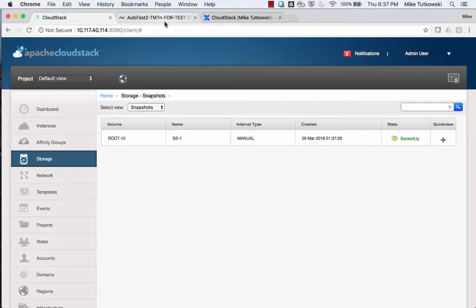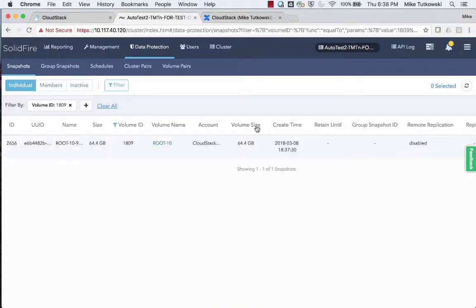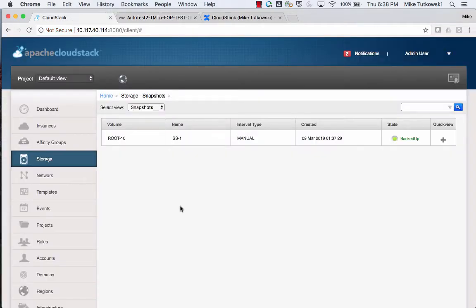And now if I go back to the SolidFire GUI and I hit the refresh button, now before I do that, we can see snapshots is equal to 0 on the old view. Now I click on that. Now we have one snapshot. If I click on that, we can see more information about it from the point of view of the SolidFire storage cluster. Now from CloudStack's point of view, and I'll switch back to CloudStack, this is a volume snapshot that